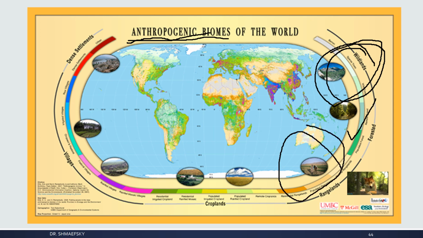Then there's rangeland. You see it a lot around here. This is where we allow cattle to range. Actually, it started originally for sheep, funny enough, in this country. So sheep, cattle, and goats, depending on your country, and even chickens if you have free-range chickens. This land was put aside just for that. And it causes major disturbance to the environment and makes its own biome that's maintained by the cattle and the